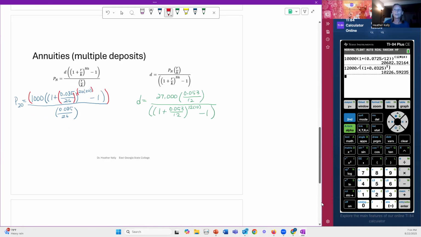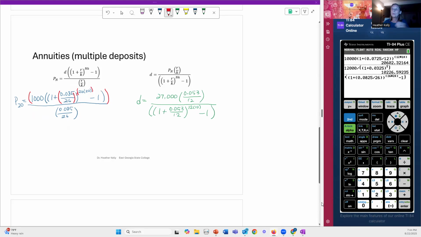Okay, so let's do it here. We're going to start with an open parenthesis, 1,000, open another parenthesis, open another parenthesis, 1 plus, open parenthesis, 0.0825 divided by 26, two closes, to the power of, open 26 times 20, close, and you have to bring it down out of the exponent, and then we have a -1, close,